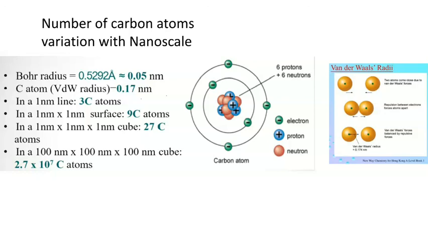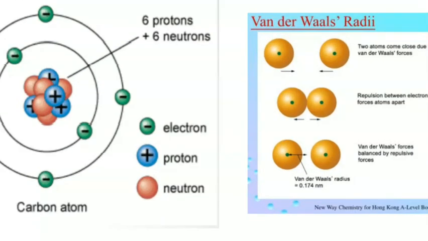So for those students who are not aware of the van der Waals radius, here I have shown you the picture. Basically you can see two atoms coming together due to van der Waals force of attraction. But as they come close to each other, there is also a force of repulsion between the electrons. Because of the force of attraction and the force of repulsion, it gets balanced at